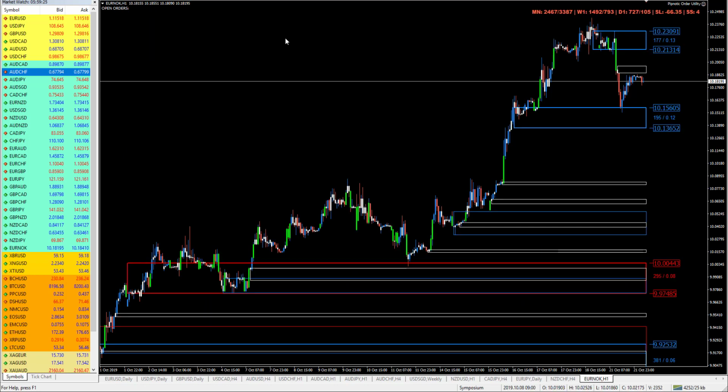Then we have the Euro Norwegian Krone. No supply formed yet on the significant. This is the hourly chart. We have no supply because we have no demand that has been consumed yet. Okay, we have micro supply and demand on the